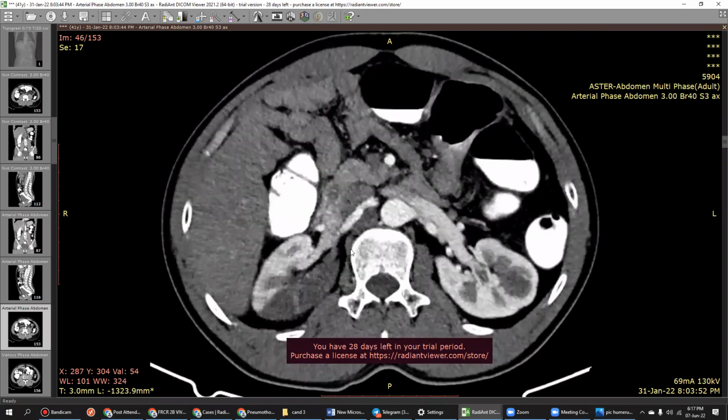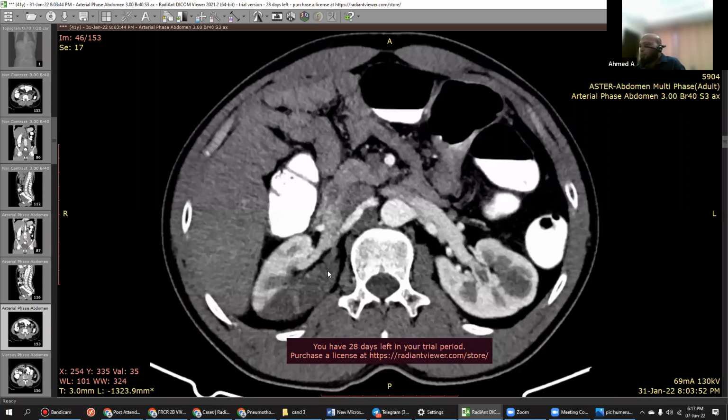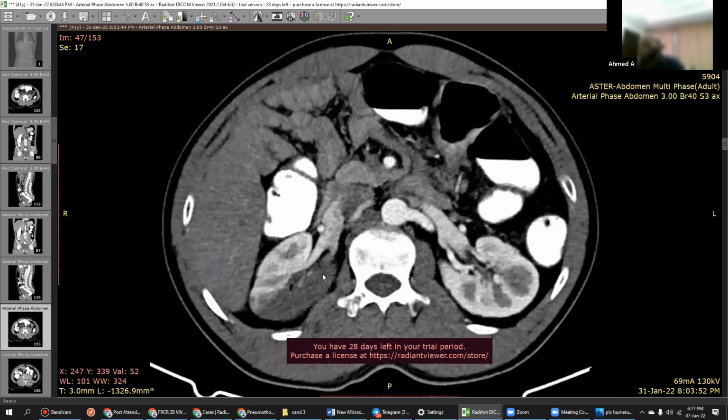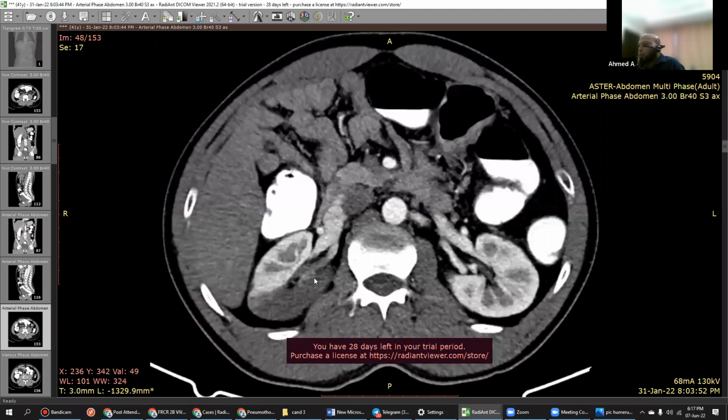I think here it is communicating with the vein, so yeah, no problem. In exam we cannot be 100% right, but what you have told is very good. The thing is, just tell it is a segmental infarct. What you have told, capsular rim sign, it is not always seen. In this case, I felt it is not seen.